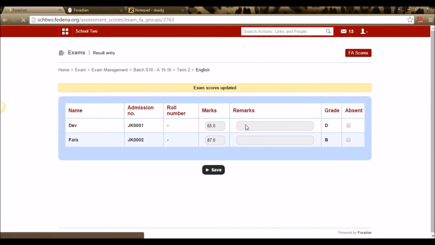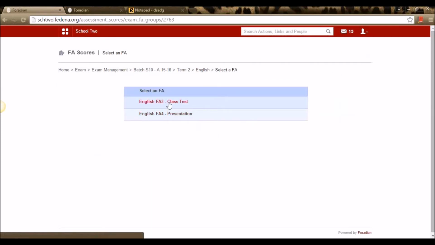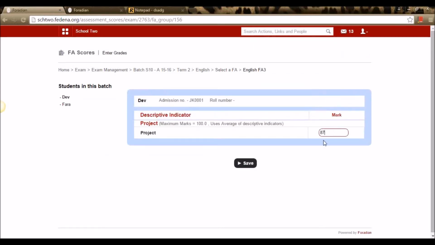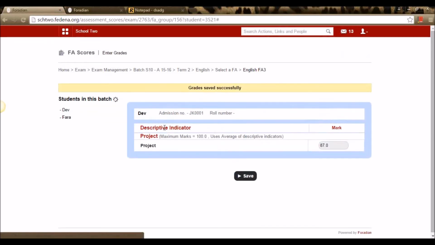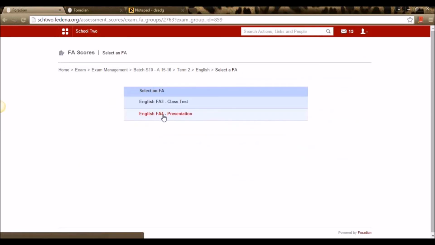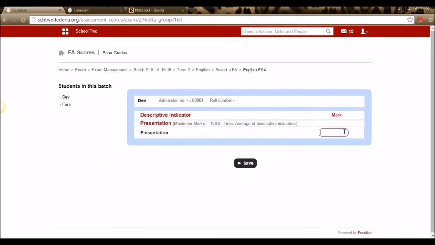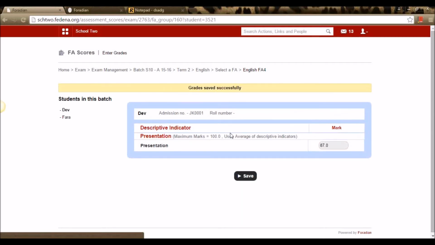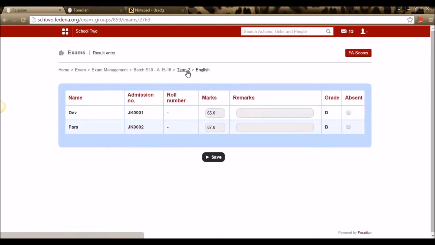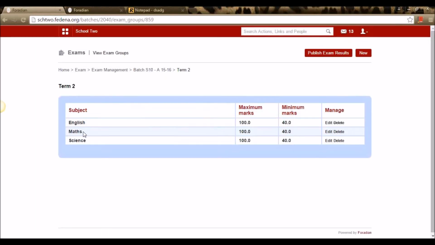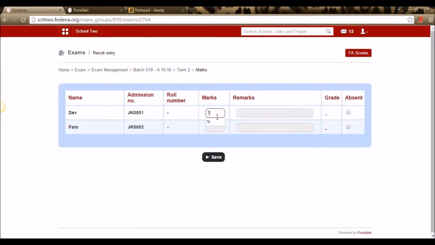For each subject, we have these FA scores right here. All we need to see is that for English, FA3 is viewed here because it's term 2. We can do the same for FA4. We can do this for all the subjects.